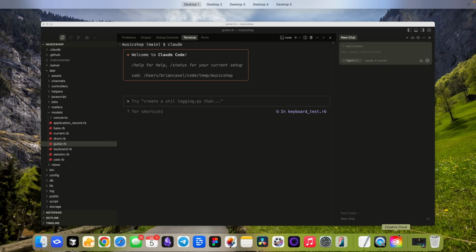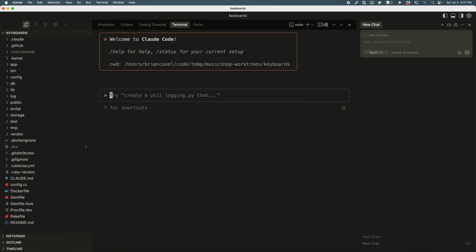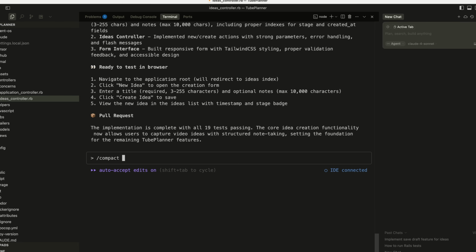You know, using the clear command is just like spinning up a fresh Claude Code instance, whether you're in a new terminal or if you're spinning up multiple Claude Codes that run at the same time. And by the way, I have another video on this channel where I show you the best workflow for multitasking with Claude Code. And then you have the compact command, which Claude Code will actually use on its own automatically